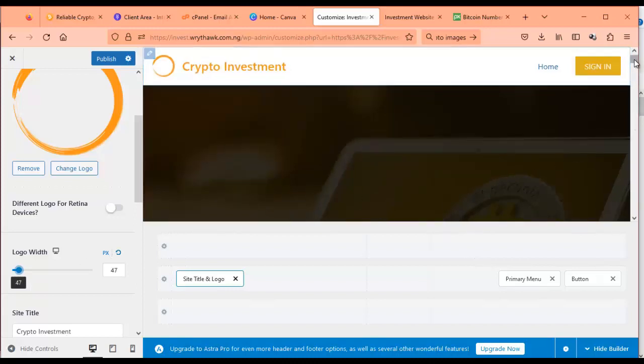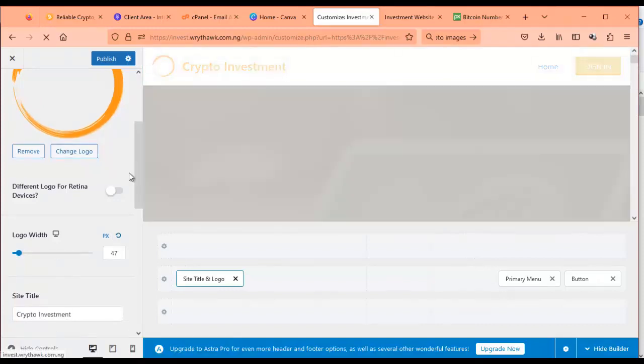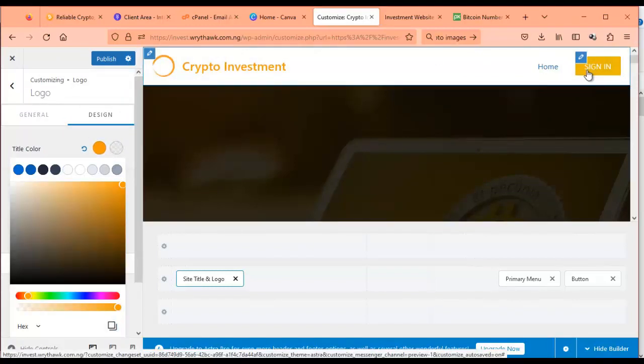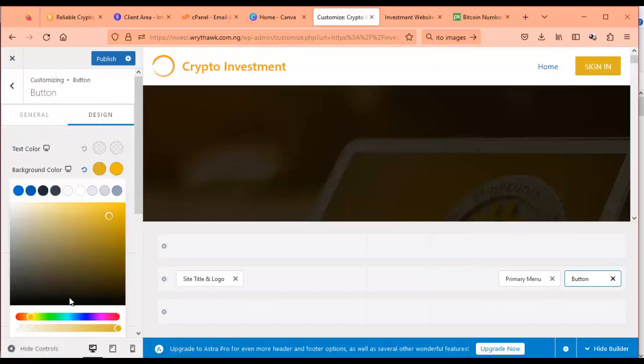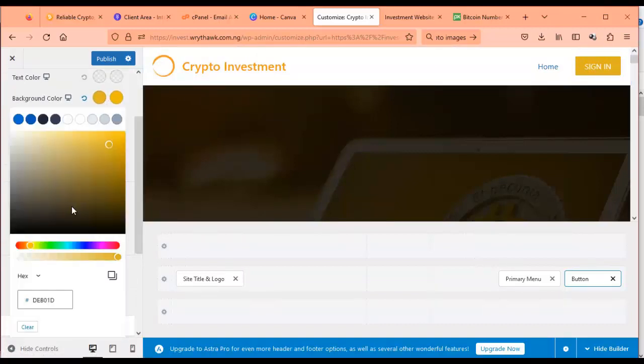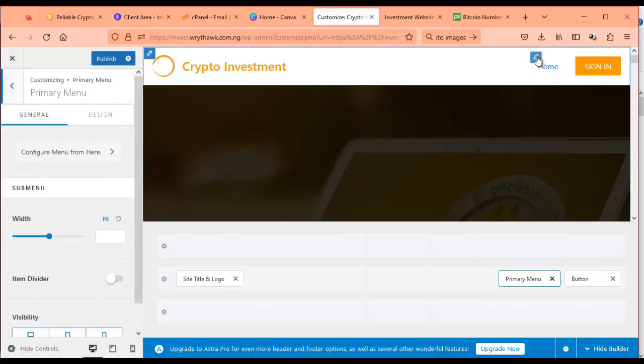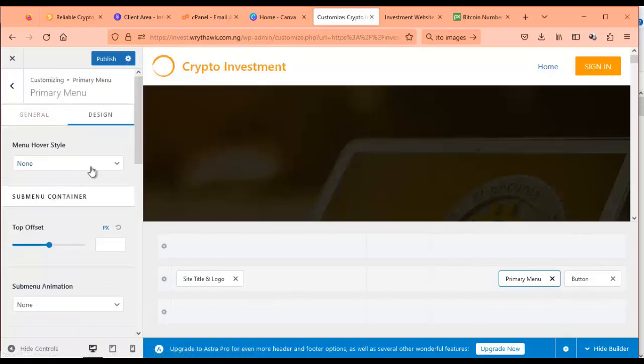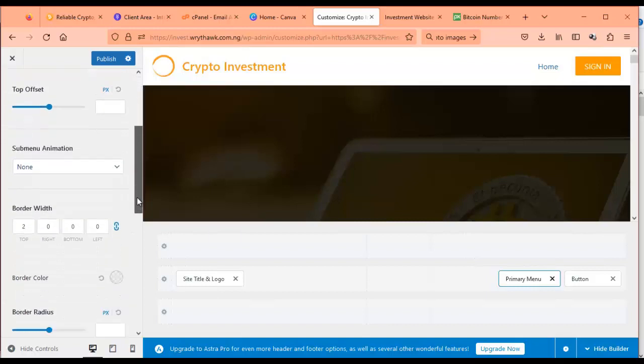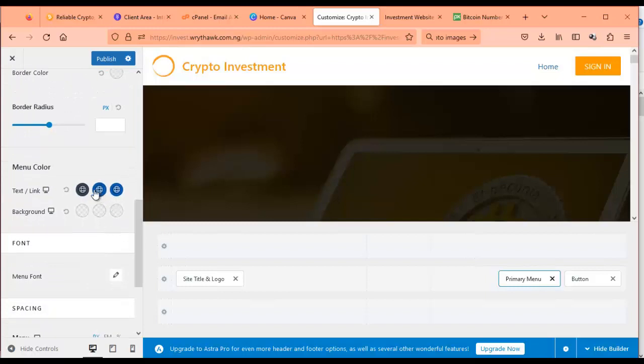Okay, now I work on the menu. So I choose menu color. Okay, menu color. I'll choose